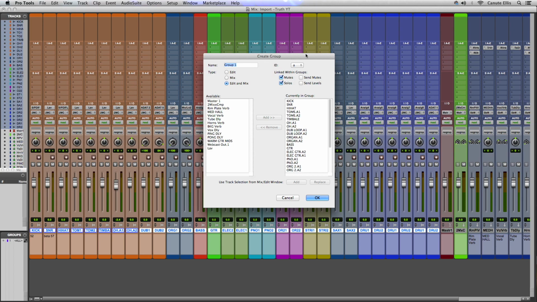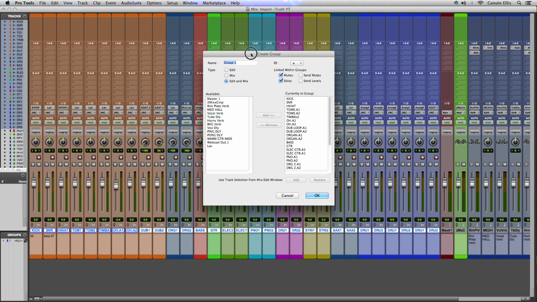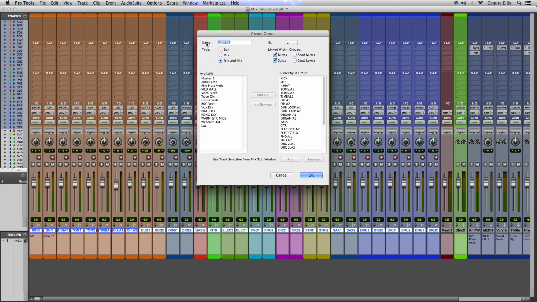right? And this dialog box comes up, pardon me, and it gives me a few things that I want to pay attention to. The name of the group, and I don't want it to be called Group 1. I want it to be called Arrangement, and I want it to be A. This is my ID. And in this version of Pro Tools, it gives you 4 segments or 4 sections. So it gives you 26 letters altogether, and it's times 4, right? And I'm going to do A